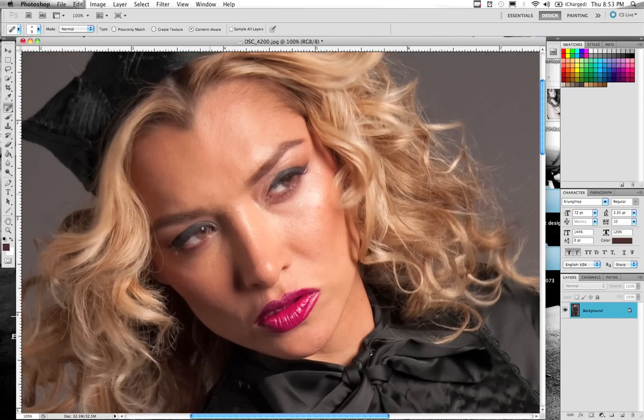Basically how these people do it is, it's kind of a tedious task, but it works the best. So what you got to do is grab your spot healing brush. You want to put it to content aware, and see all these tiny bumps and stuff on the faces. This is the first part. You want to start taking off every little